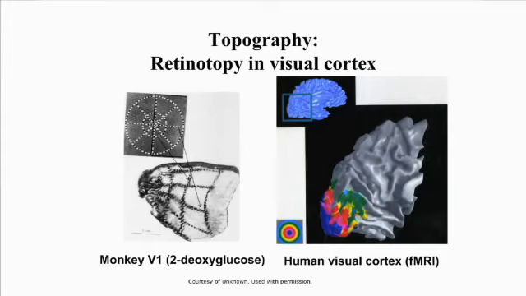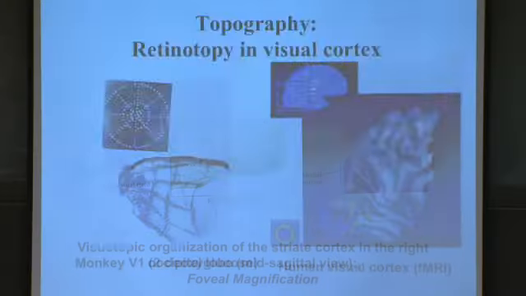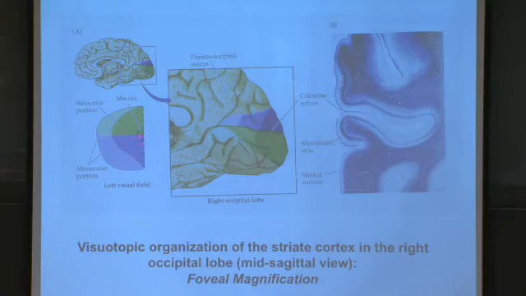In humans, it's also in the back of the brain. It also keeps spatial information. But what do humans and other primates do? They greatly expand the central part of vision. So here's the central part of vision, the so-called fovea, which is a small part of the visual display. Here's everything else that's in peripheral vision. So this dark green, dark purple.